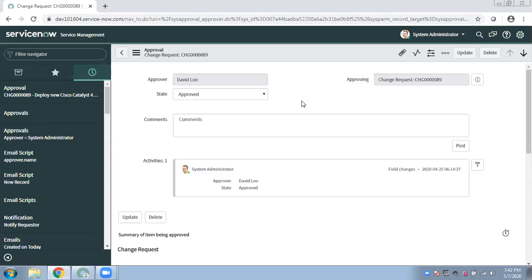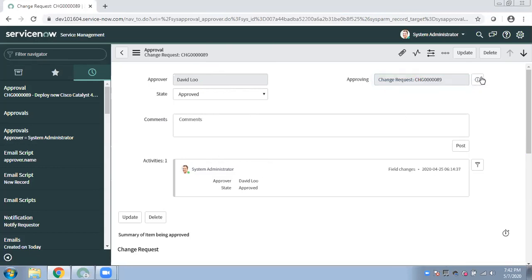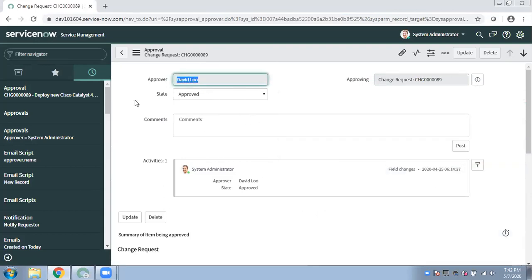Okay, so if you see here, this is an approval record, right? In that script, we are just saying query the approval record where the document_id, this field name is document_id. Document_id is the request for which this approval is getting triggered. So in this field, it has the reference for which particular record this approval is getting triggered. If it is getting triggered for this change, it has the reference of that change. And then here we have the name of approval, like who is the approver? That is what we have written in the glide record.